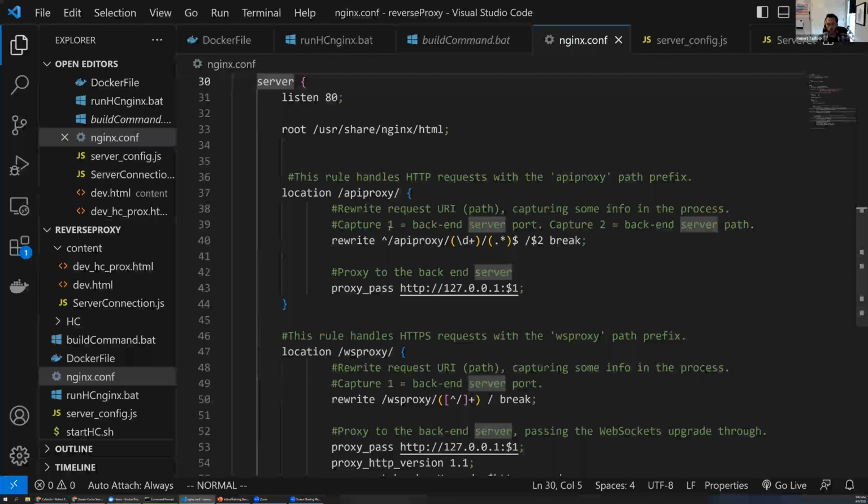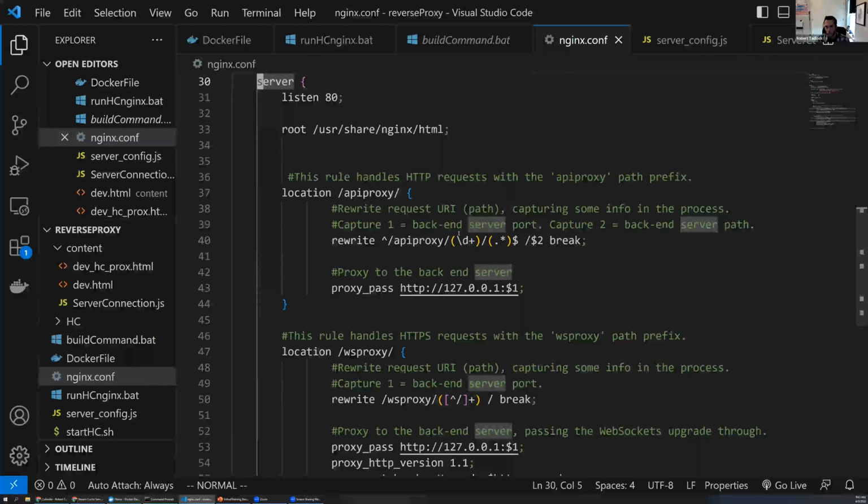So when I get a request here that has /api-proxy on it, I'm going to intercept it. And then I'm rewriting the URL. So I'm doing a quick regular expression, which has two capture groups. It says, I want to capture api-proxy, and then I want to capture whatever's here. And this should be a port number. That's what I'm looking for, \d, one or more of those up to the next slash. So capture the whole port. And then from there, capture anything at the end of that